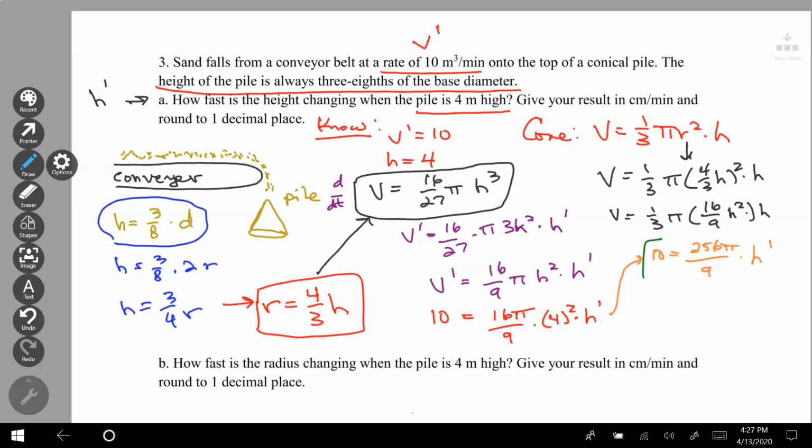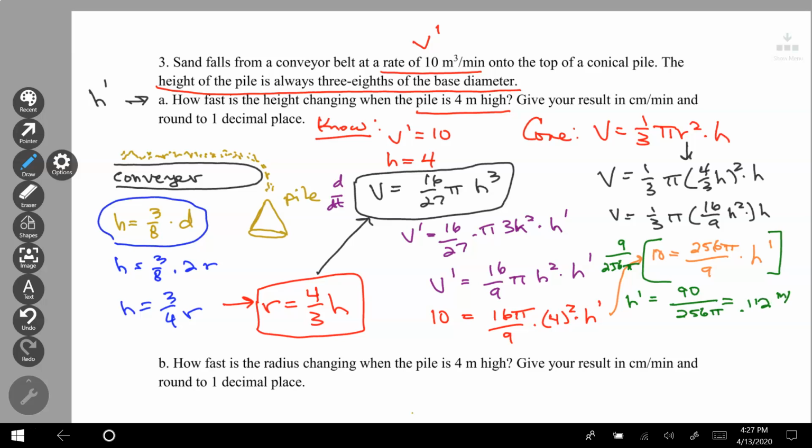So I'm going to multiply by 9 over 256 pi, and I get h prime equals 90 over 256 pi, or when I put this in my calculator, I get